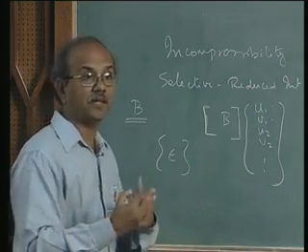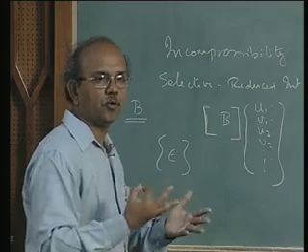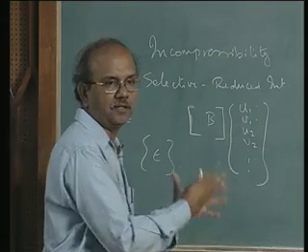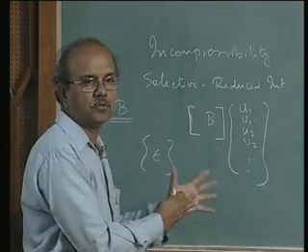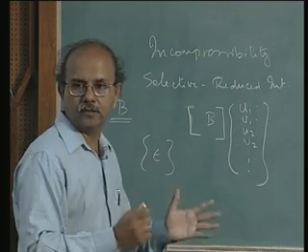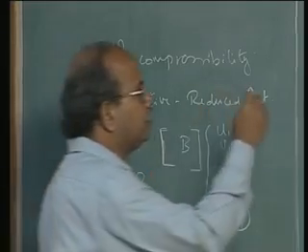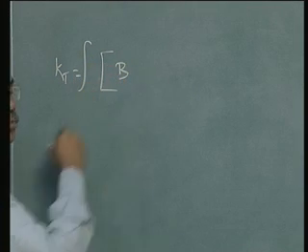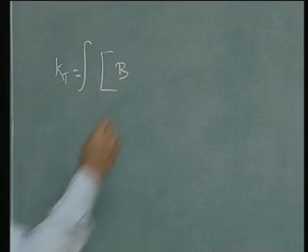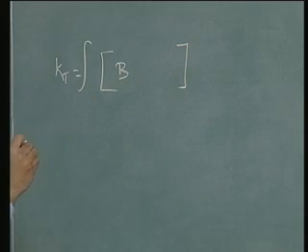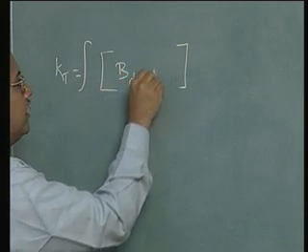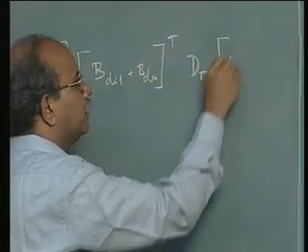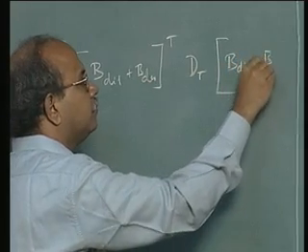So that will settle. That's why you might have felt that there's a difference in the way I wrote B. So that's very obvious. As long as you know that B is that S into N into U, and as long as you know this is what goes in, you can adjust B. That's not an issue. The second thing is that we said that this KT can be decomposed into two parts. One is what we called as B dilatational plus deviatoric transpose, say D, B dilatational plus B deviatoric.